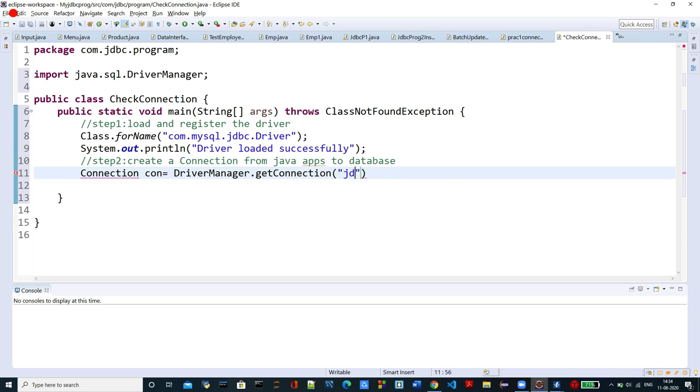This one is jdbc colon mysql colon localhost. This is the port number, 3306 is the port number of MySQL, slash, then I will give the database name. My database name is student.